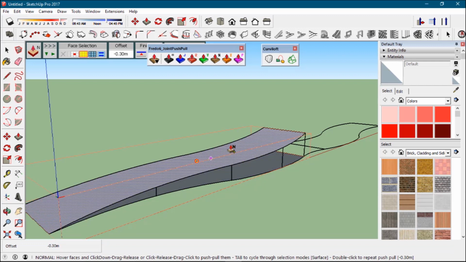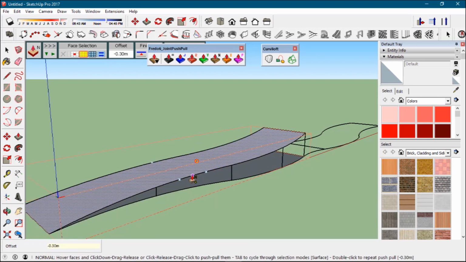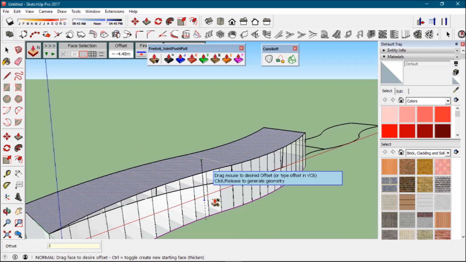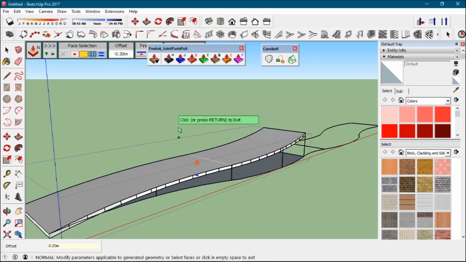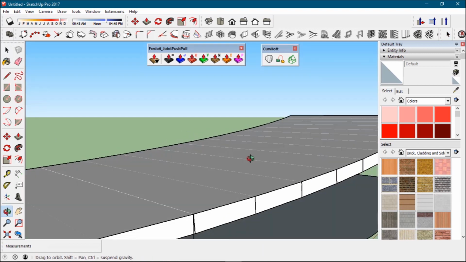Simply take your cursor on this surface and pull it down and mark how much down you need. Here I need 0.3 meters, so I will just drag it down and mark it 0.3, and here I go, press space and it's done.